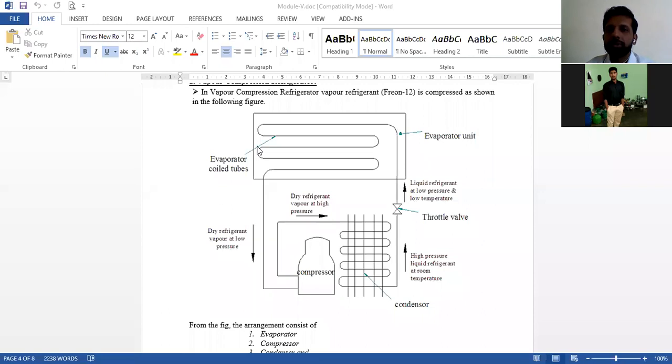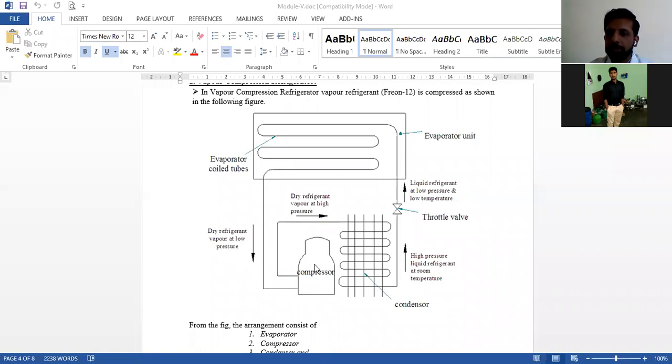So now, from the evaporator unit, what is going to happen? Cold fluid refrigerant is going to flow inside these tubes, and we have kept the items inside the refrigerator, which is usually at room temperature. So heat transfer takes place from the items to the tubes. The items present inside come down to a lower temperature, and the refrigerant flowing inside the tube will absorb this heat. When it comes out, it will be a dry refrigerant at low pressure, which means generally in the gaseous phase.